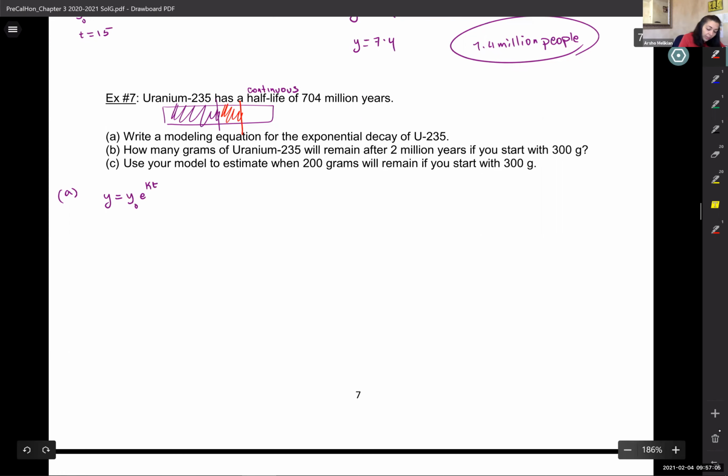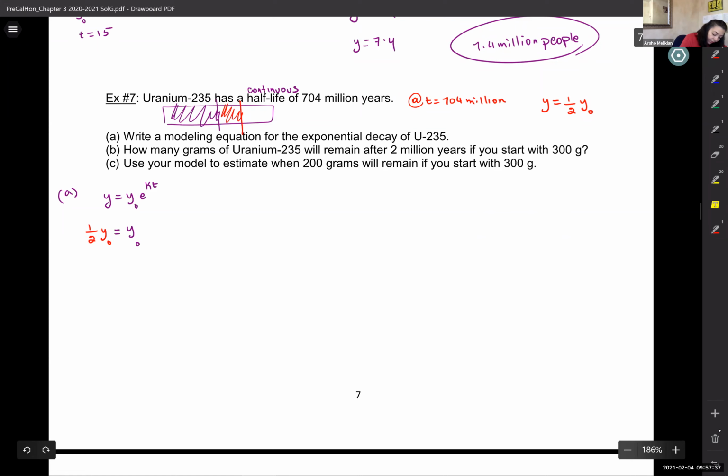So let's talk about what half-life means. Half-life means at t equals 704 million, your y, the final amount, is going to be half the initial amount. So here, y is going to be half of y naught